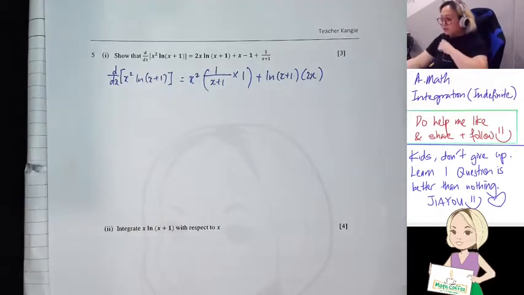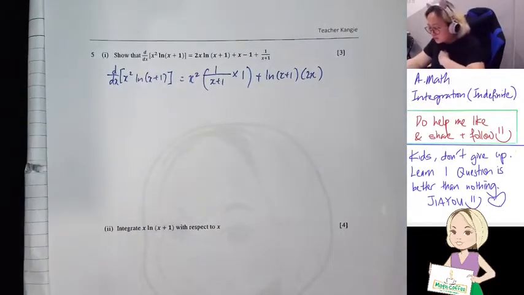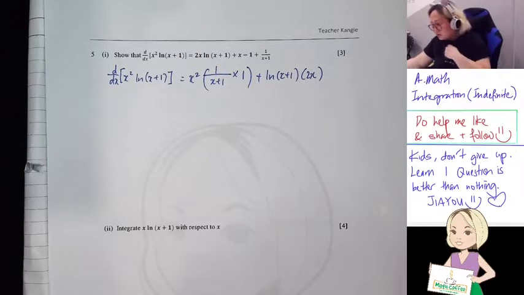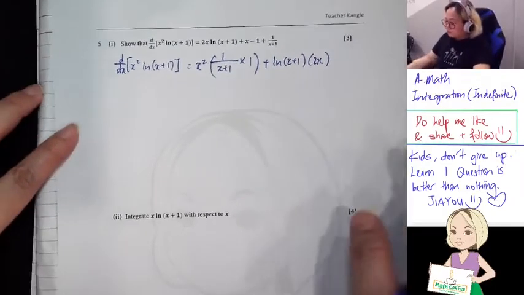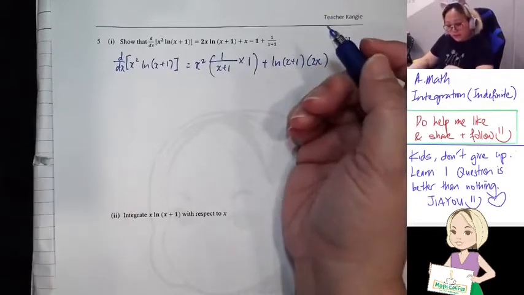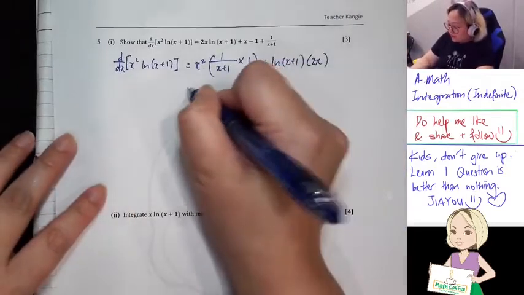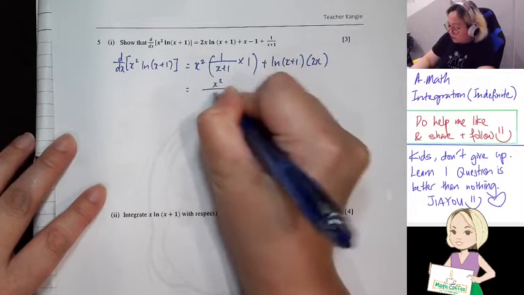Yeah, I also don't understand what the teacher is teaching. ln f(x) differentiates to f prime x over f x. Okay, so after that, let's take a look. We're going to simplify this, so it will be x squared over x plus 1